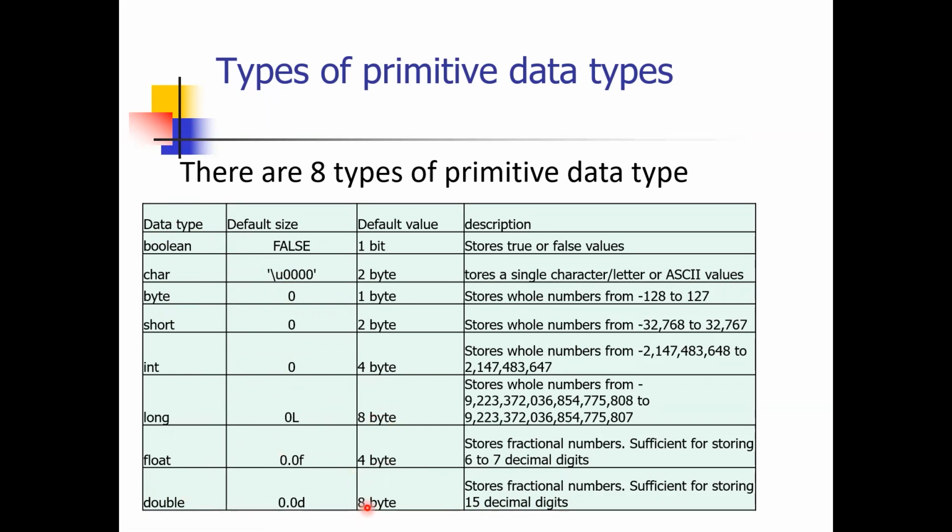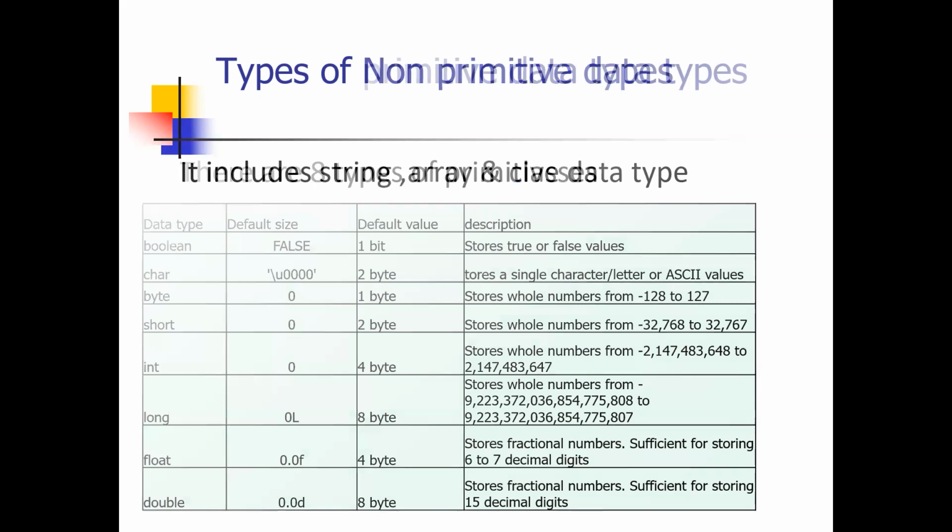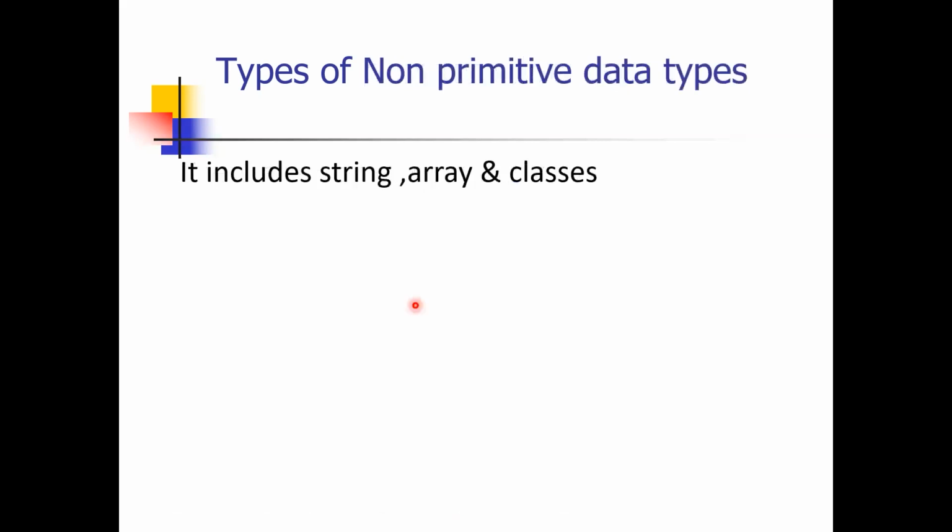Okay, and these are the description, and this is the value. So these are the primitive data types. Then non-primitive data types include string, array, and classes. So now, the thing is,